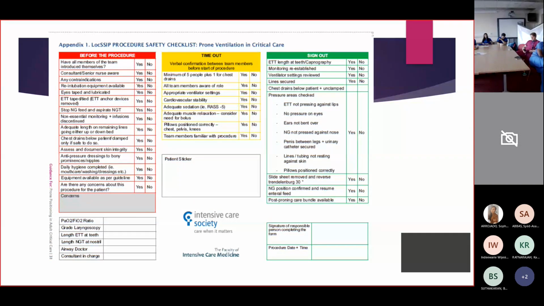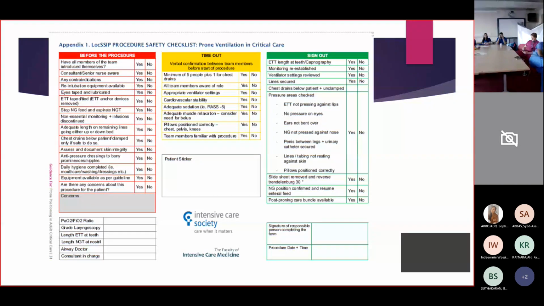And a verbal confirmation between the team members is a timeout, minimum of 5 people plus 1 for chest drains. All team members aware of their role, appropriate ventilator settings, cardiovascular stability, adequate sedation, RASS of -5, adequate muscle relaxation, pillows being positioned correctly, chest, pelvis, knees. Team members familiar with how the procedure is going to be carried out. And after the procedure is done, again when we sign out, check for the endotracheal tube length at the teeth,